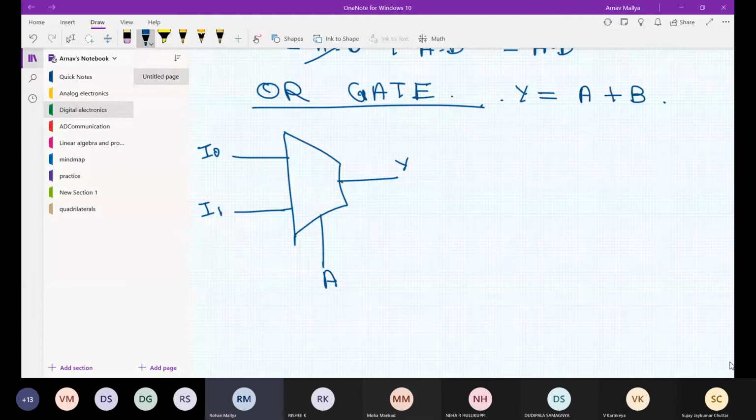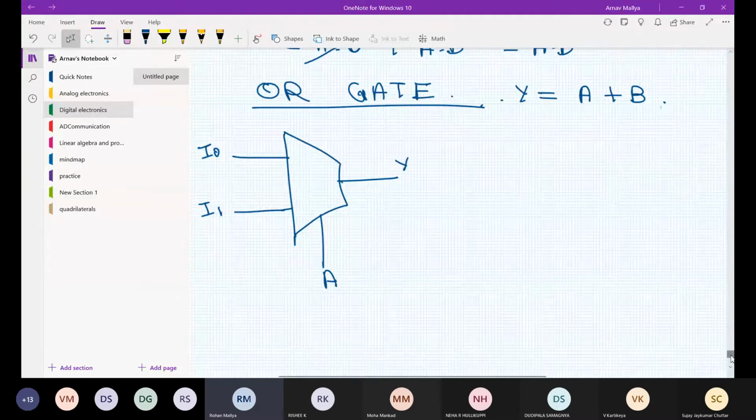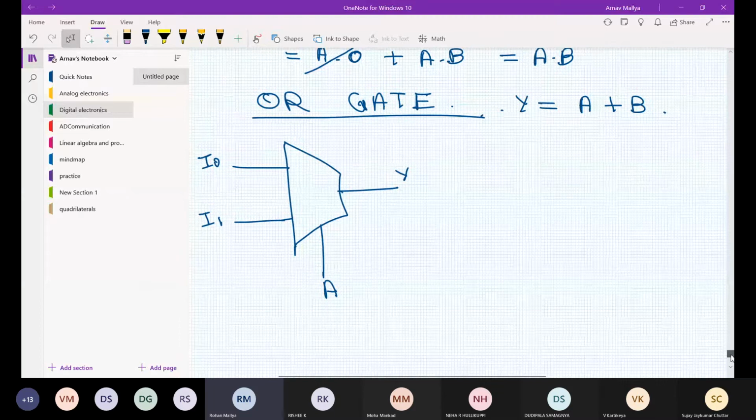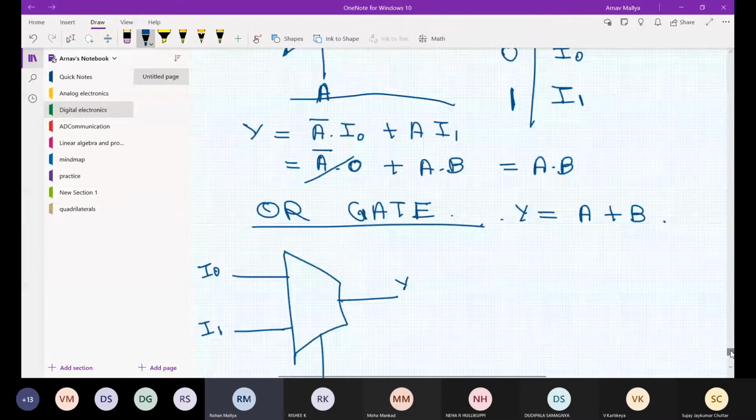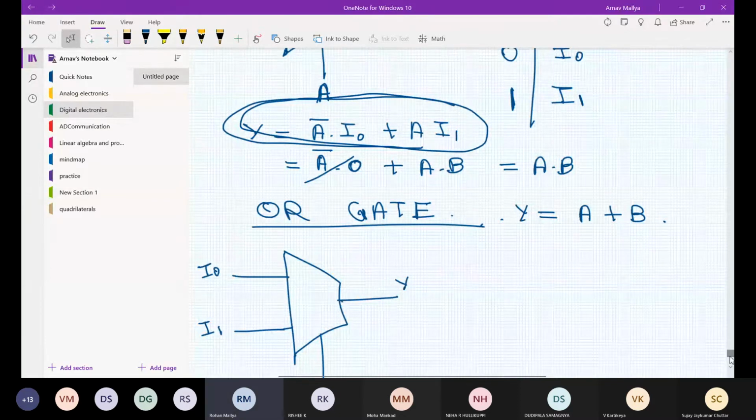Since we had already obtained the expression Y equal to A bar into I0 plus A into I1, I'll just write it down over here. You all must be familiar with this now.